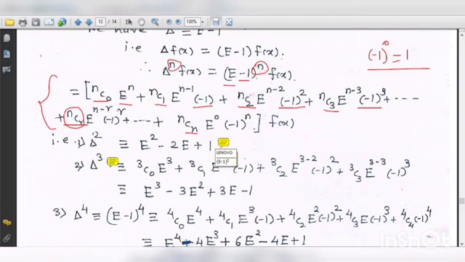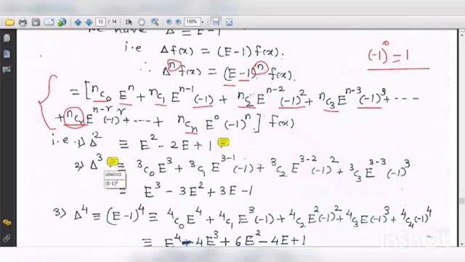It is always better to take values this way so that no mistake in the sign occurs. As I told you in lecture 1 and lecture 2, whenever there is a negative term, always keep it in brackets and then evaluate it. So the expansion is E square minus 2E plus 1. I can write this immediately using the expansion, or you can multiply the bracket (E minus 1) into (E minus 1). Now here it is delta cube.